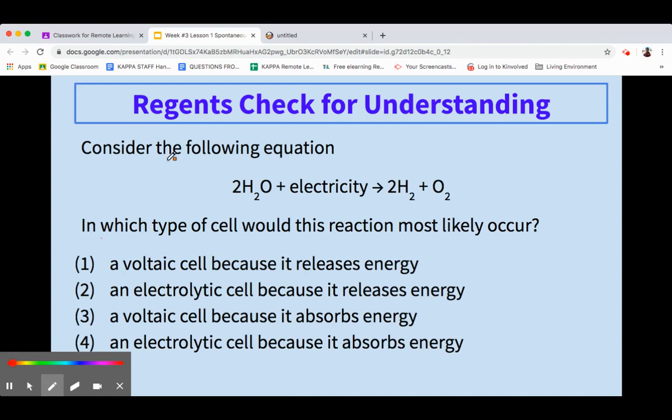Okay, next one. Consider the following equation: 2H2O plus electricity gives us 2H2 and O2. What's different about this equation? Well, there's electricity being involved. And in which type of cell would this reaction most likely occur? We know that for electricity, it's going to happen in an electrolytic cell. So we can cross out 1 and we can cross out 3. And an electrolytic cell